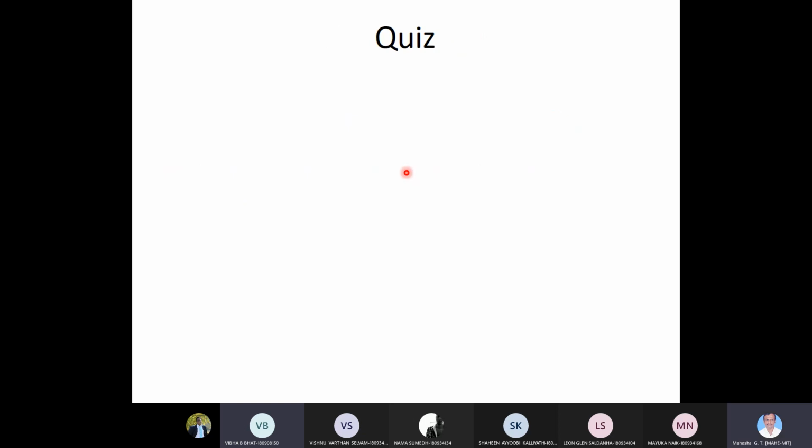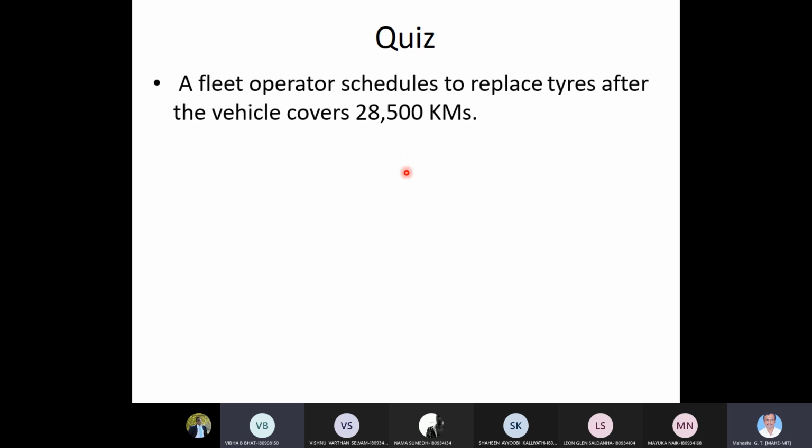There is a small quiz for you to come out of that routine thing, which I have been telling monotonously. You can take some fun out of it. It is not a very serious thing. Take your scribbling pad, pen and calculator. We will do a small quiz, each one of you, based on our general knowledge.